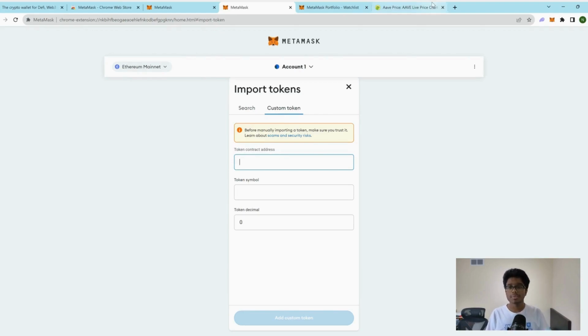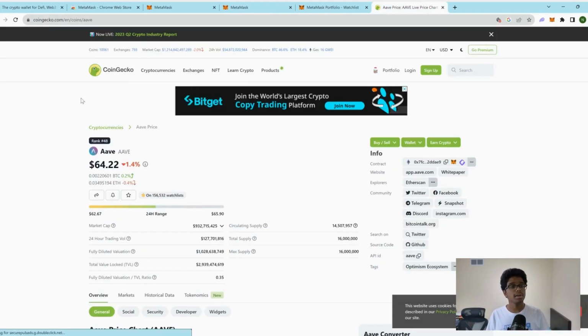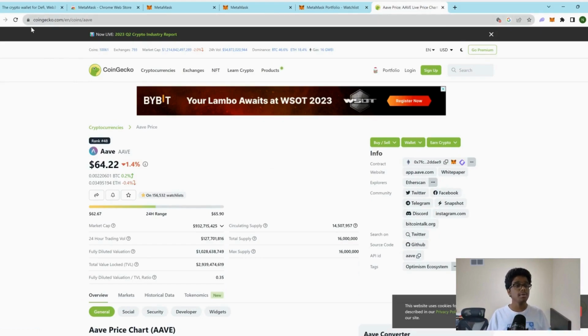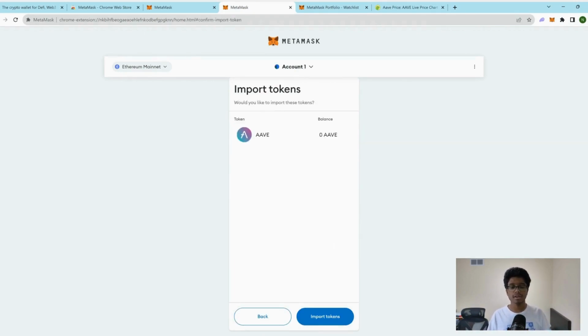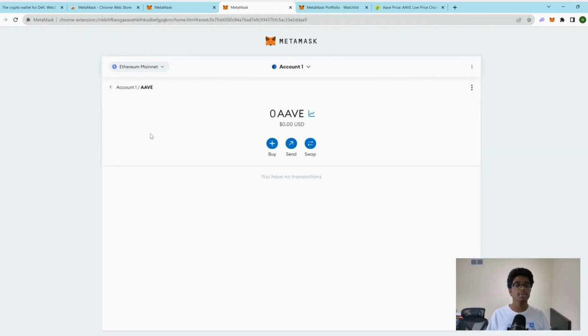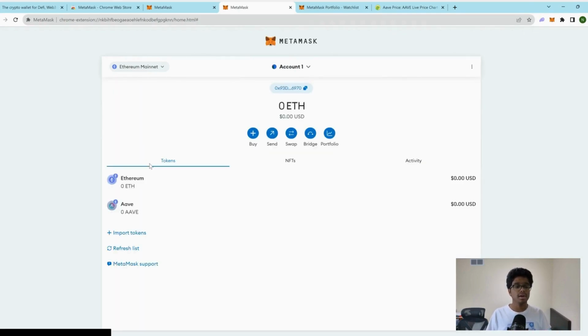We can go to a website called CoinGecko or CoinMarketCap, but for the sake of this video, I'm going to use CoinGecko. And then you can click on a token. I've taken Aave in this example, and then copy, paste the token contract. So click copy, and then paste it here, and then it will accurately detect how many tokens you have. So you can just click on add custom token, import tokens, and boom, you have Aave added to your tokens